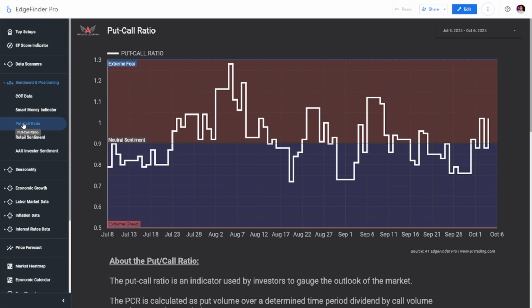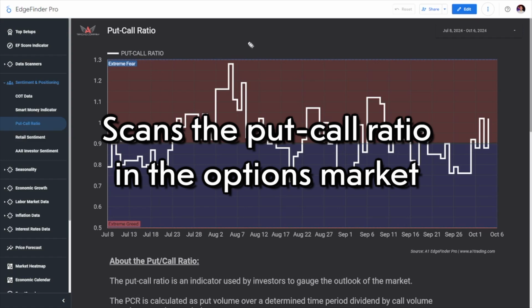It's a little bit slept on. People don't care too much for this indicator, but let me briefly explain why this is actually one of my personal favorites. The put call ratio allows us to look at, as you guessed it, the put to call ratio in the options market. And even if you don't trade options, don't tune this out because this is still very